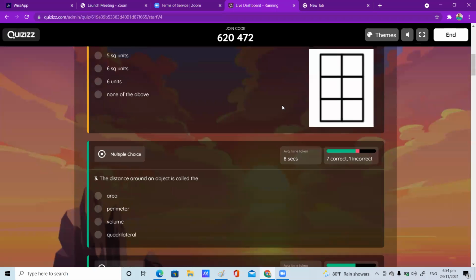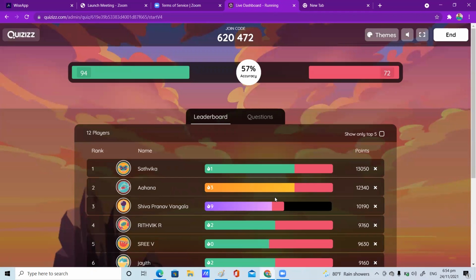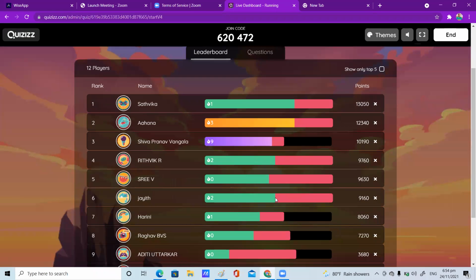Children, it's not a very tough question. It's a very interesting quiz, really interesting questions are there. Don't worry, children, try your level best. If you have any difficulties, just divide the figure into either squares or rectangles. What are the possible ways? Please think and do according to that.